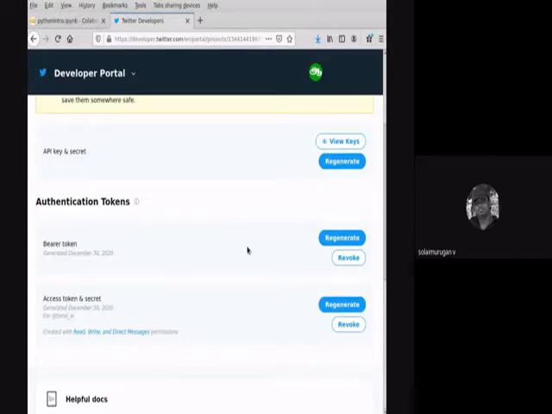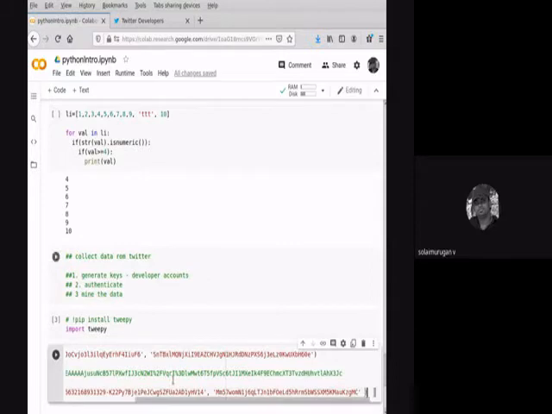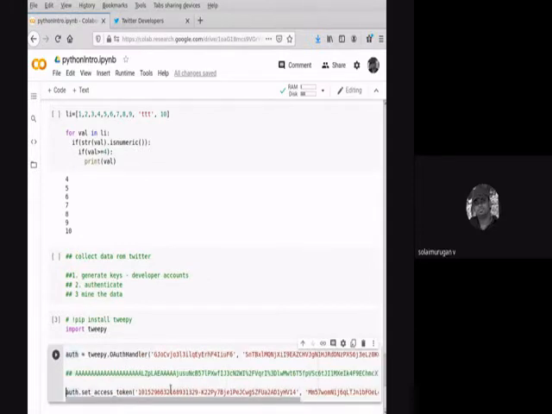The first two keys from this I just passed into the OAuth handler. The second two keys from the tokens I just passed in the access token. Okay, set access token. I'm just running again.